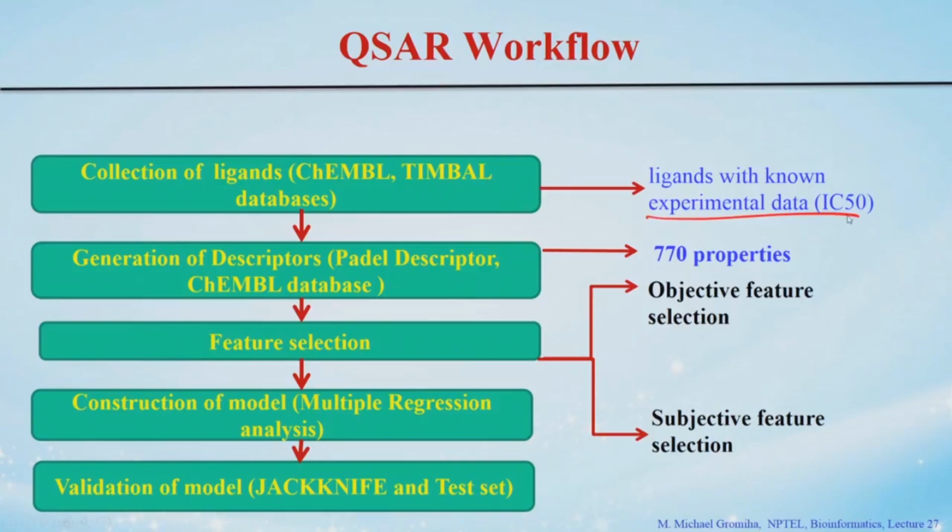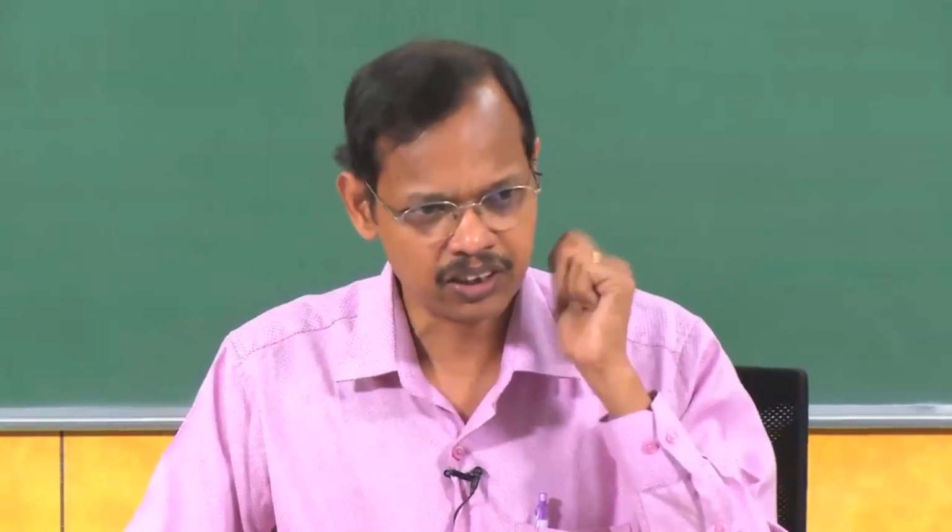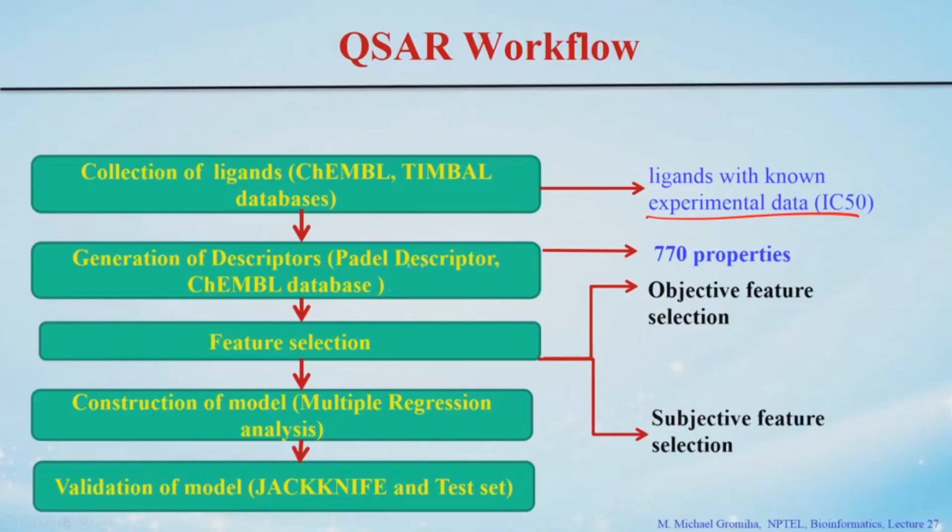For example, you use the ChEMBL or the BindingDB databases. This will provide the experimental affinity data or the inhibition constant for several ligands, with respect to different targets. So, you can use any specific target, and you can get all the ligands targeting a specific protein. This is on one side. On the other side, we need to have the descriptors, right. There are various descriptors we can define, for example, molecular weight or the hydrogen bond donor or acceptor, right, several